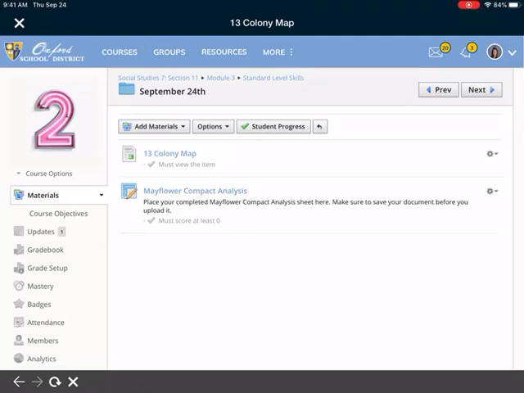It should be in the September 24th folder, right? Okay, so you should have done the 13 colony map for the New England colonies. Again, there is a video in the 13 colony map page in this folder that gives you some help from the iPad view of how to complete your